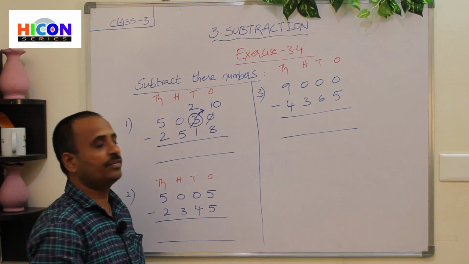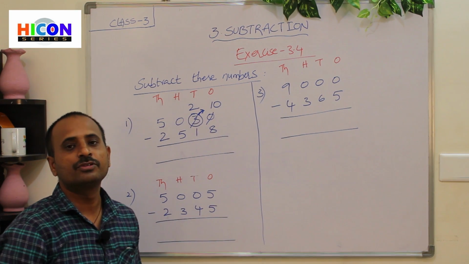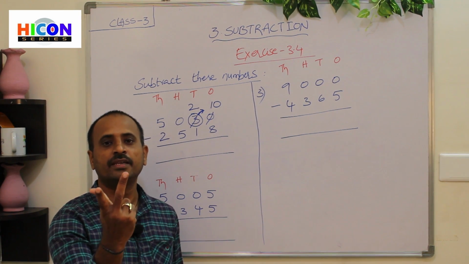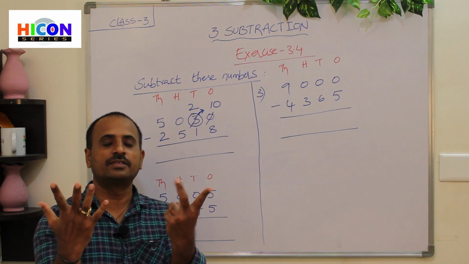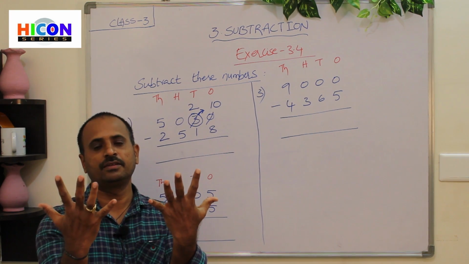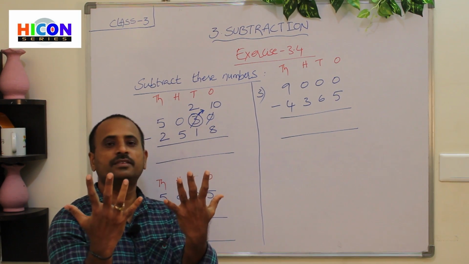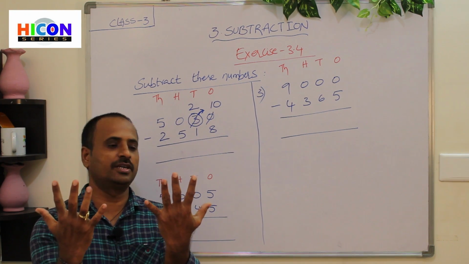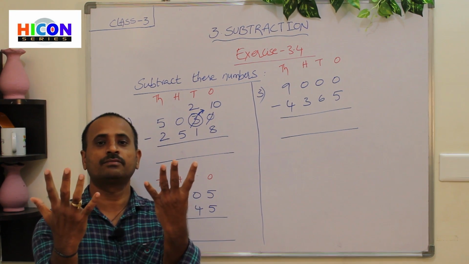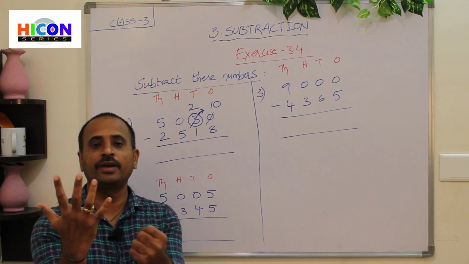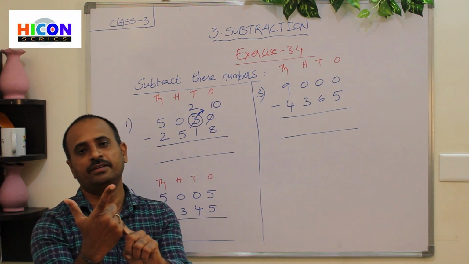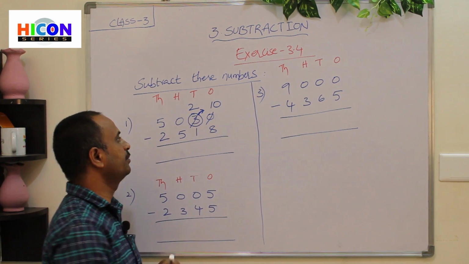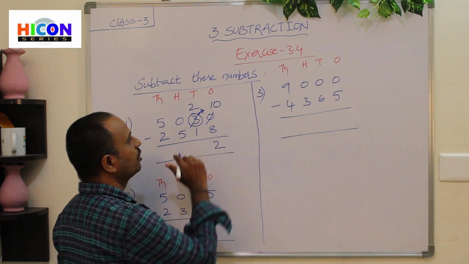Here 10 is the first number, 8 is the second number. So open 10 fingers of your hand. 1, 2, 3, 4, 5, 6, 7, 8, 9, 10. So these are the 10 fingers. And what is the second number? 8. So close 8 fingers among these 10 fingers. Children, see, I am closing 8 fingers. 1, 2, 3, 4, 5, 6, 7, 8. So children, how many fingers are remaining? 1, 2. So there are 2 fingers remaining. So write 2 here.